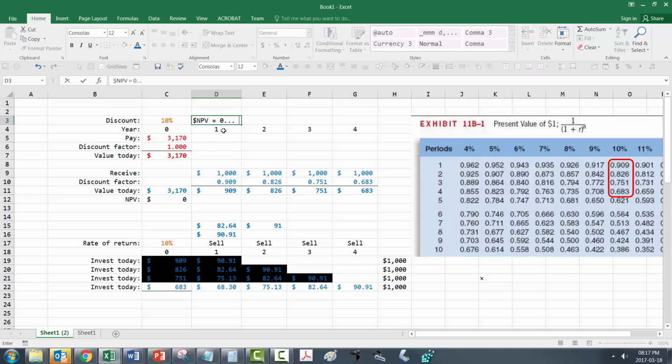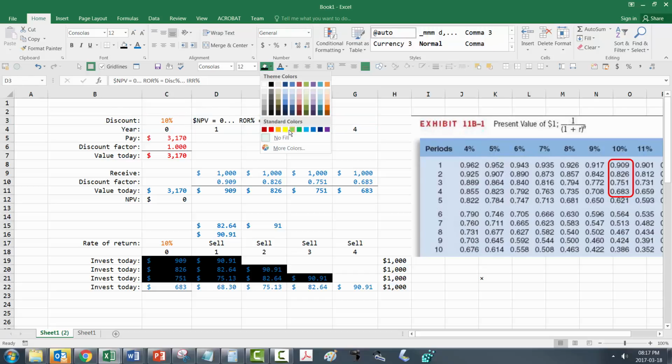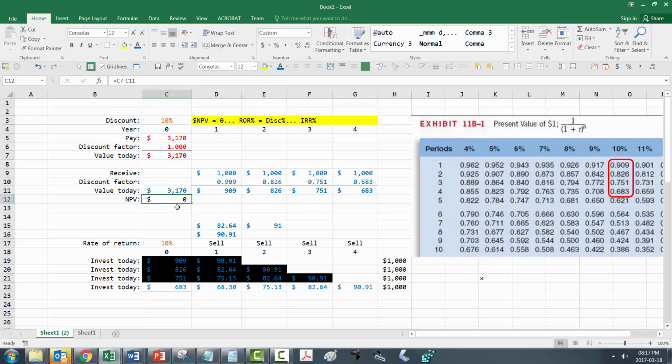that means that your rate of return, ROR, percentage, equals your discount percentage. They didn't really discuss this in too much detail in the book, but what that means is you have an internal rate of return of 10%. An internal rate of return of 10% means that not only does our rate of return equal our discount, it means that if we want the net present value to at least be zero,